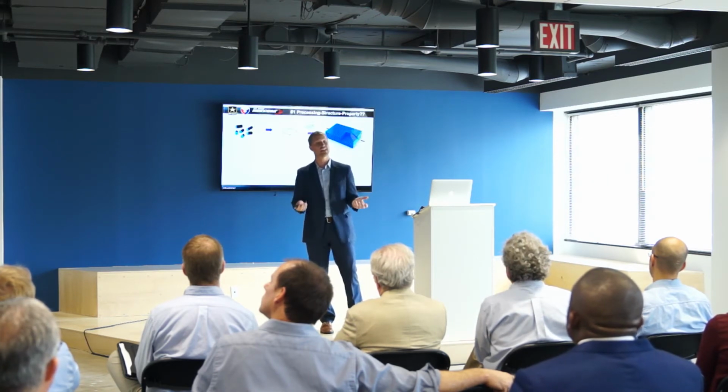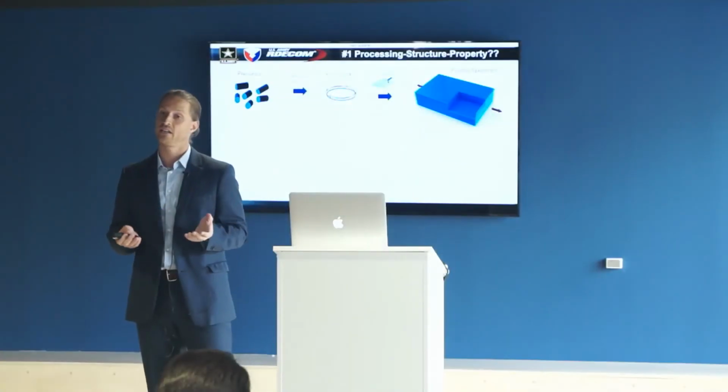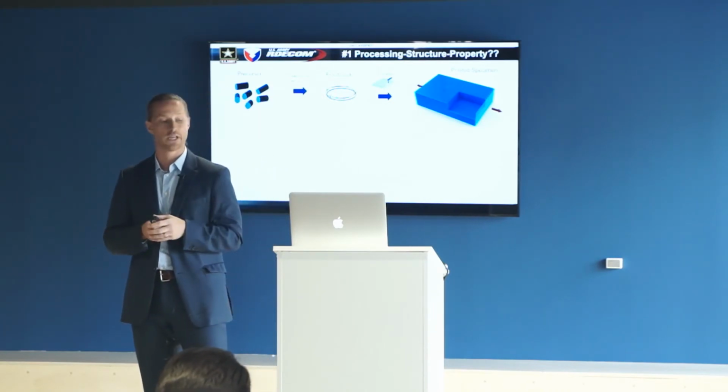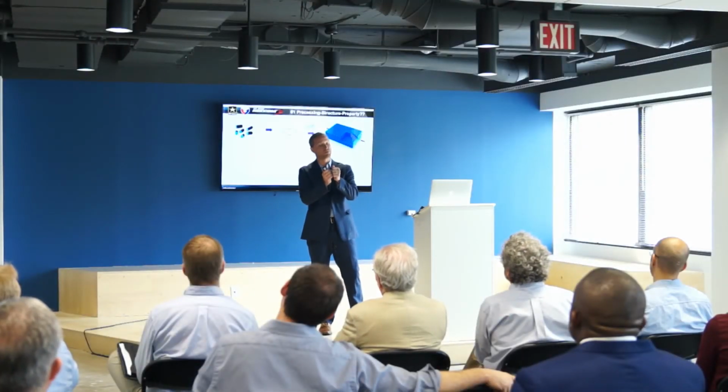So all that to say that with additive manufacturing, we don't have a good understanding of many of these techniques yet to really relate those processing-structure-property relationships. So one thing that we're trying to do at the Army Research Lab is understand some of these multi-scale material properties. So for the example of this printed specimen here, we may perform some tensile tests to look